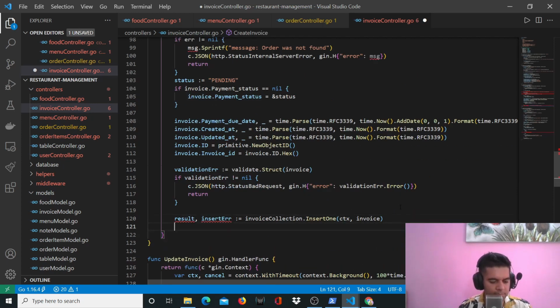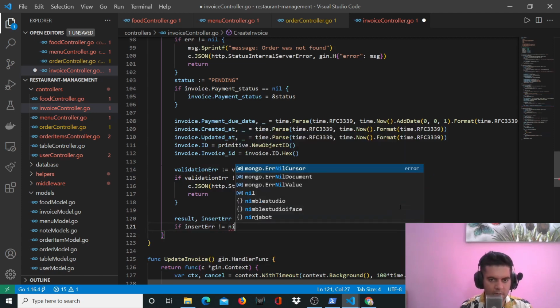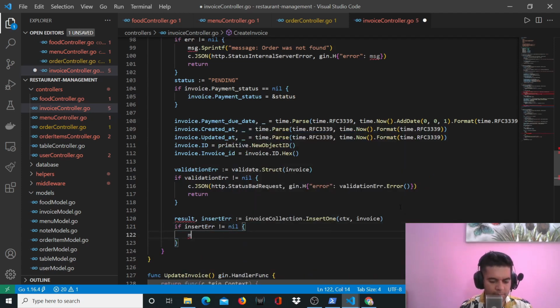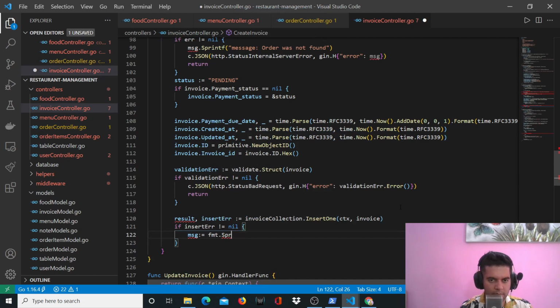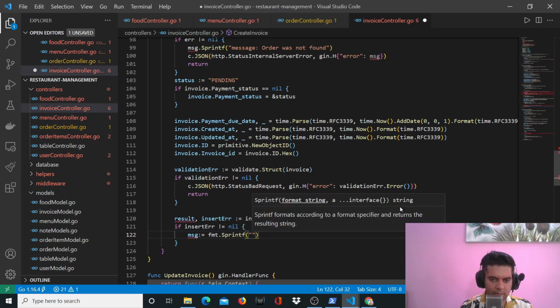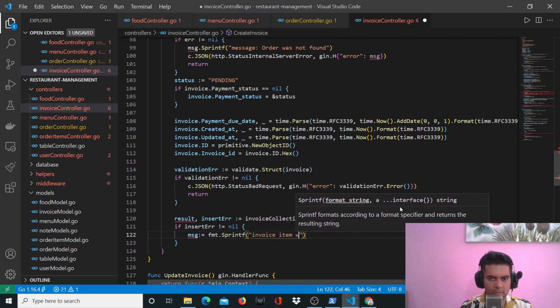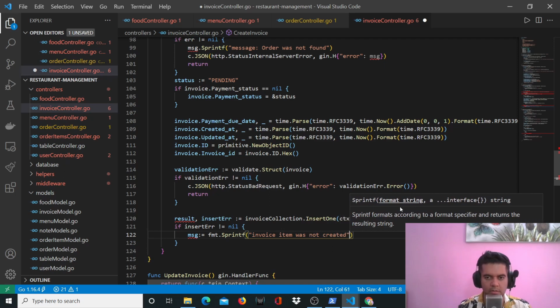All right, and if insert error not equal to nil, fmt.Sprintf, sorry, invoice item was not created,